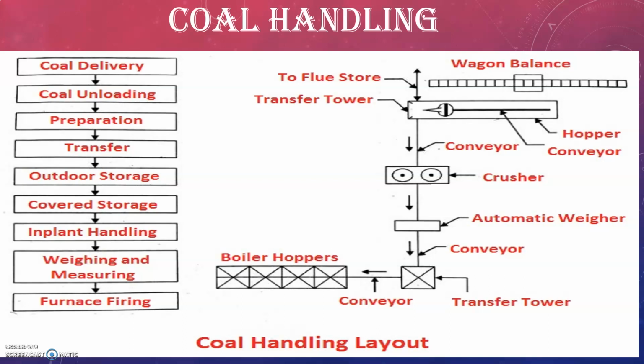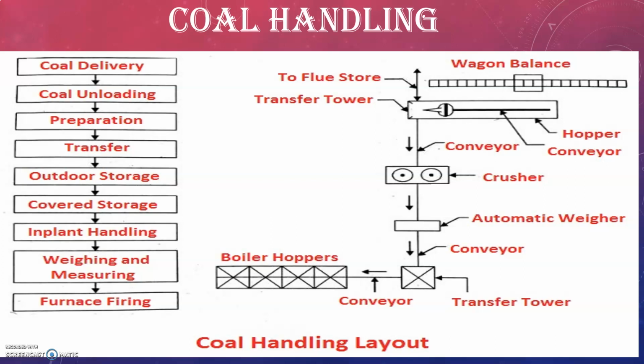It means the unloading is done by cranes, car shakes, grab buckets and by coal accelerators. The third is preparation. The coal cannot be in proper size when it is delivered in the form of big lumps. The preparation of coal can be achieved by sizers, crushers and breakers. Next is the transferring process. The coal transfer is done by the following systems, that is belt conveyors, bucket elevators, screw conveyors, grab bucket elevators, flight conveyors, skip hoist.